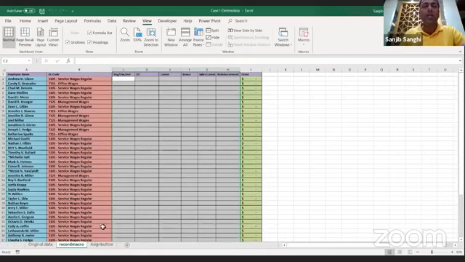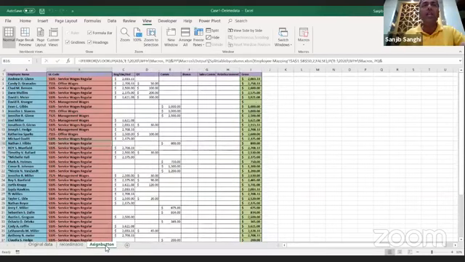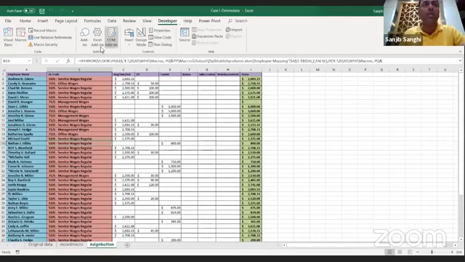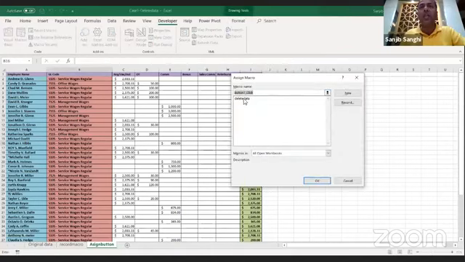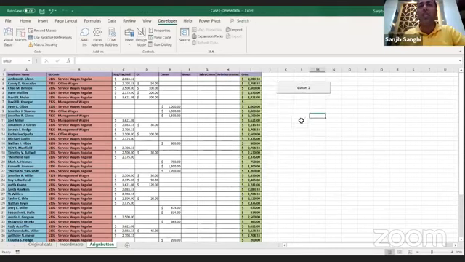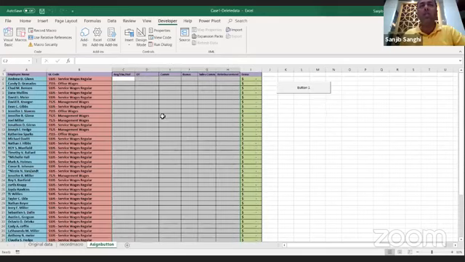This macro is perfect. I can assign a button to this by going to the Developer tab. There's an option called Insert. Under Insert, there's a button control. You select this button, click on it, and assign this macro, the one you have created, so that when you click the button, Excel knows which macro that button is running. You hit OK, and then you can name the button the way you want. Now, if you click this button, your data is deleted.